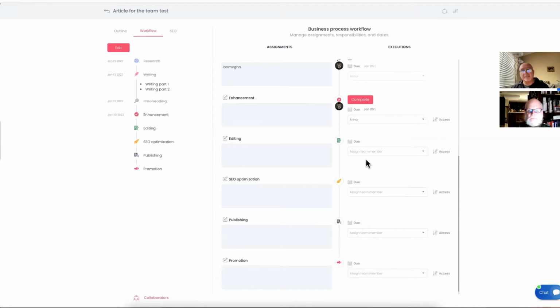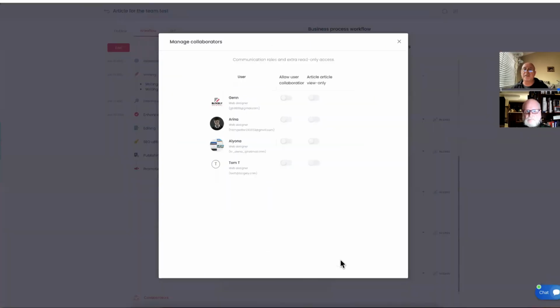Now that team is behind, right? And remember, after the job is done, they do not have any more write access. The only write access is given through the workspace, through this workflow. Got it. And collaborators can only be view only. If I give them view only, they can see it, but they will never be able to edit it.